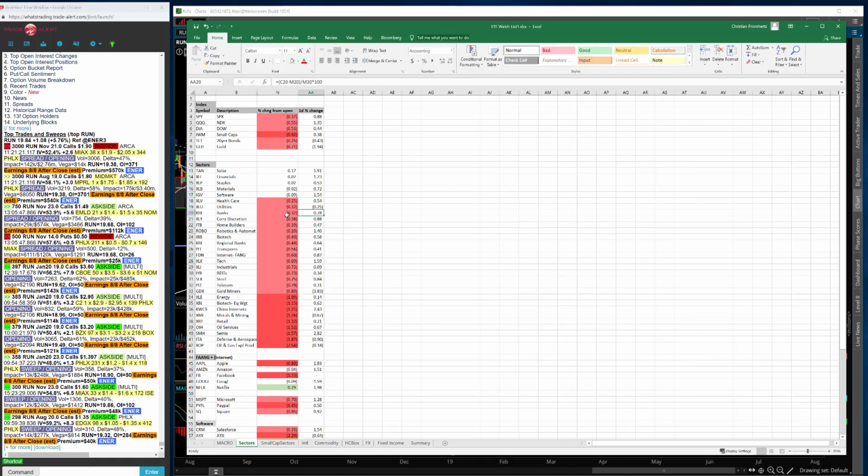Then if you look at the other end of the spectrum, notice you have a lot of names that gave back a little bit. Oil finished just in the red, but started the day up 2.5% and gave it all back. Aerospace and defense, I think maybe Boeing had to do with some of that, also finished in the red. The semiconductors, like I said, they were up,